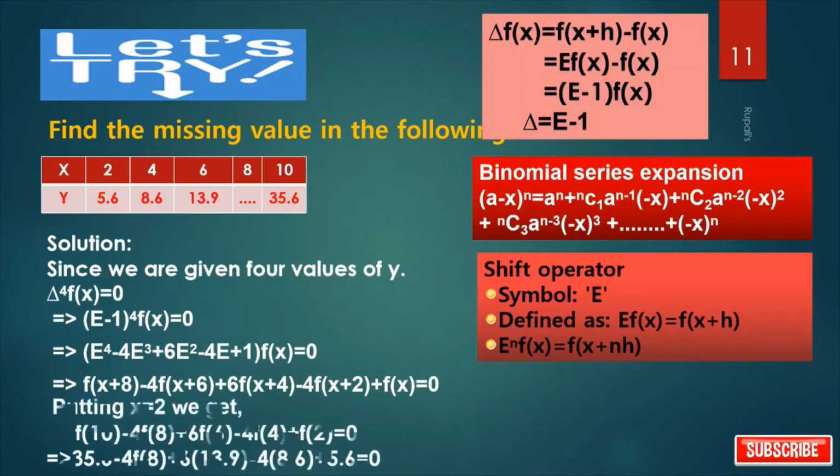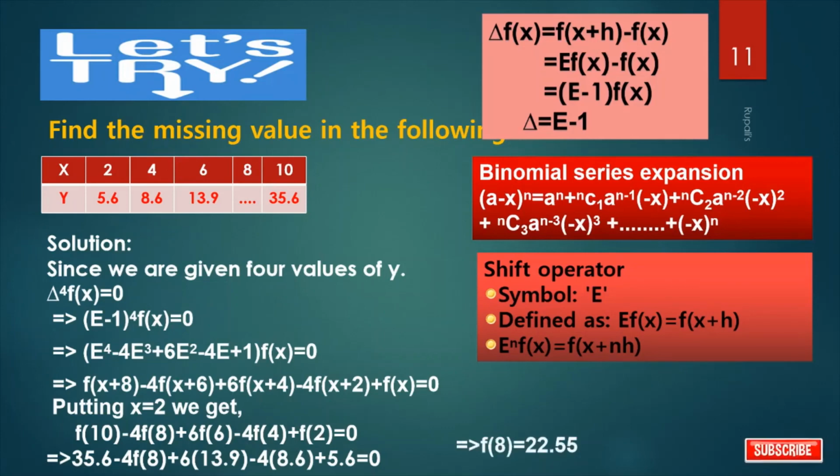Now putting x equals 2, we get f10 minus 4 f8 plus 6 f6 minus 4 f4 plus f2 equals 0. What is the value of f10? It is 35.6. What is the value of f8? We have to calculate. What is the value of f6? It is 13.9. What is the value of f4? It is 8.6 and f2? It is 5.6. So after calculation, we get the value of f8 is